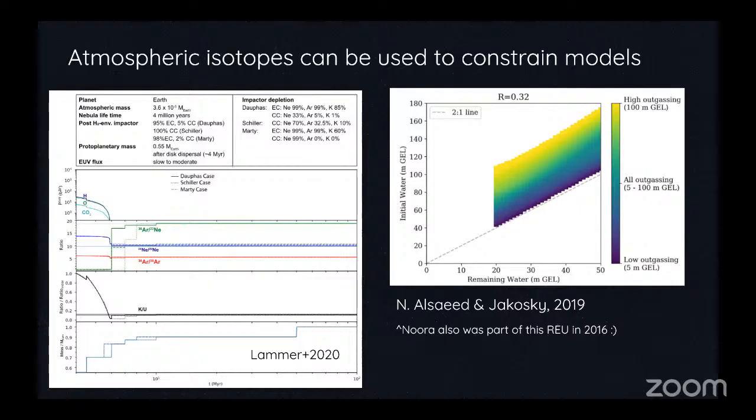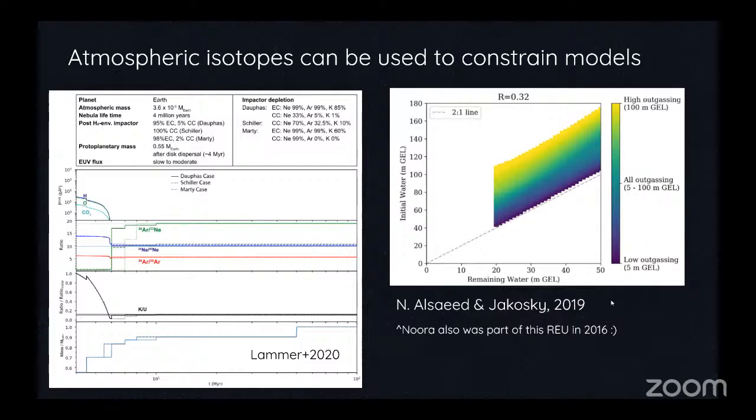And then in order to check if the models make any sense, because of course we know very little about the early solar system, they use these isotope ratios here in these colorful lines. They have these in their model, and then they try to assess whether the model output for these isotope ratios makes sense and agrees with the ones that we observe on Earth today.